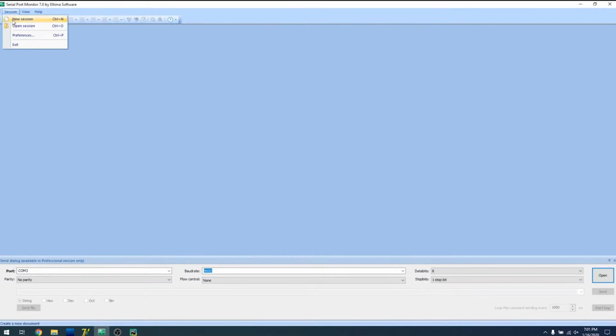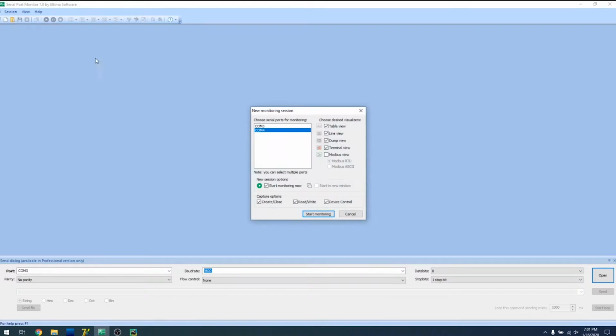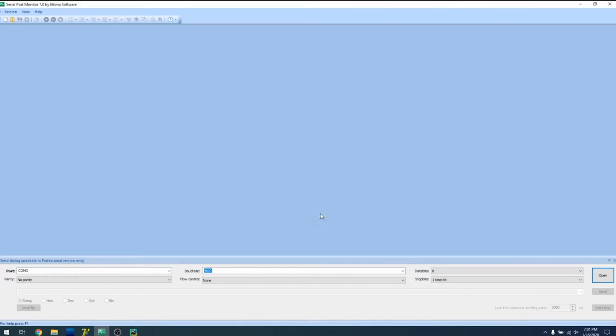Let's first take a quick look at the software. We need to set up a new session, and as you can see within the session we're able to select several different views. So we have our table view, line view, dump view, as well as terminal view. Once those are set up, we can go ahead and click the Start Monitoring button, and then we'll wait for these views to open up for us, and then from there we'll be able to go ahead and begin debugging